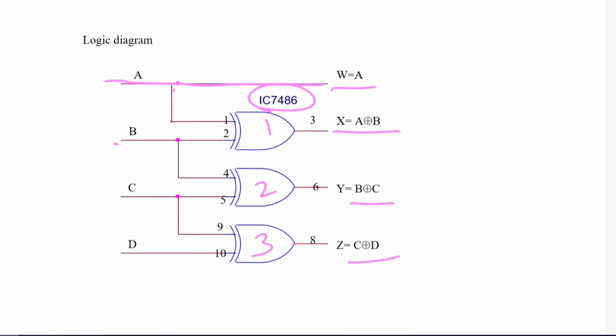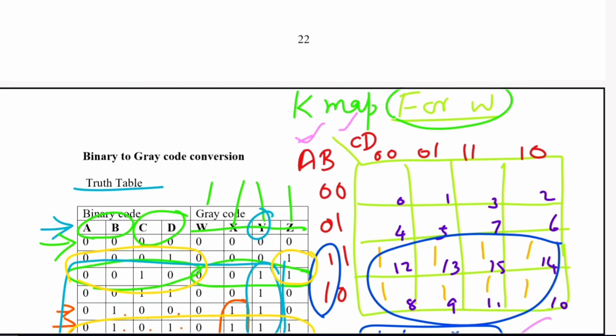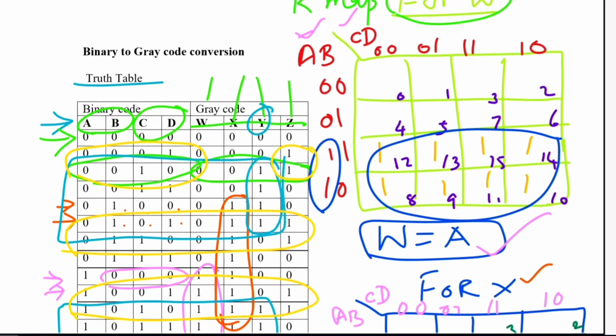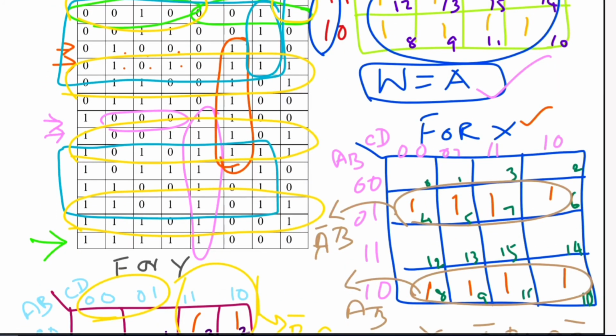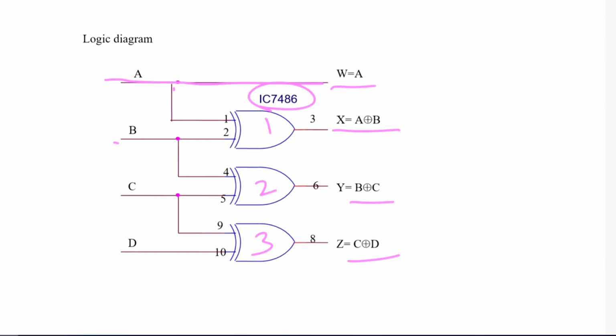So what is the procedure for binary to gray code conversion? Try to understand the logic. After understanding the logic, construct the truth table. From the truth table, construct a K-map for individual outputs W, X, Y, Z. Then simplify the K-map and you will get the expression. The procedure is also known. Go through the videos once again for a better understanding of the expression. Then after getting the expression, draw all the things in a logic diagram. This is a simple way to understand.